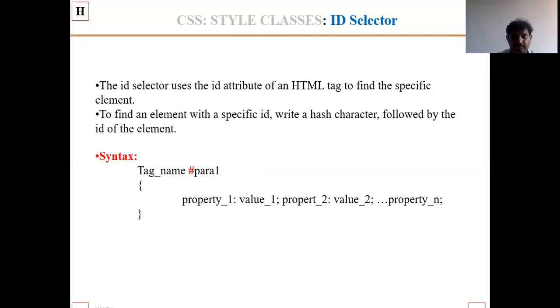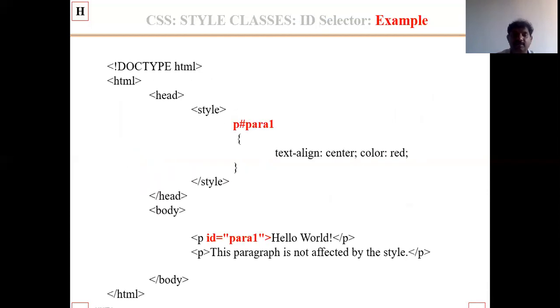Syntax: tag name hash para1 and curly bracket, property 1 colon value 1 semicolon, property 2 colon value 2 semicolon, up to property n and value n, and close the curly bracket. This is the syntax for the ID selector.